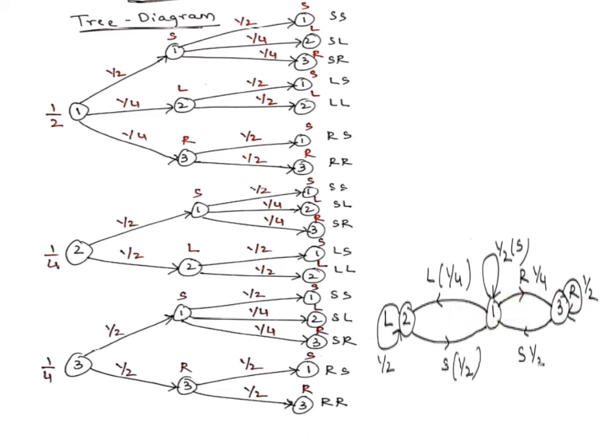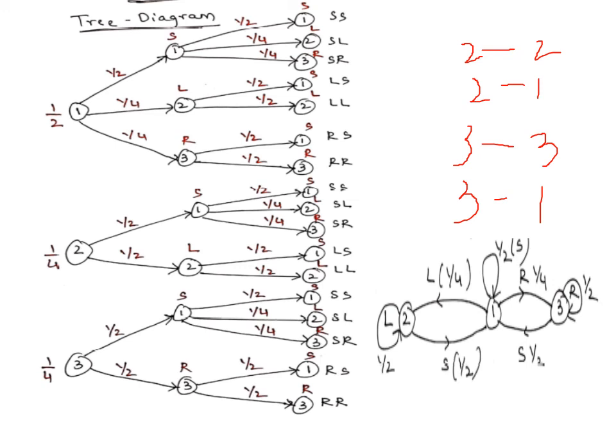whereas we have only 2 to 2 transition and 2 to 1 transition. For state 3 we have 3 to 3 transition as well as 3 to 1 transition. So 3 to 2 is not available, 2 to 3 is not available. So based on this, the tree diagram is as follows: